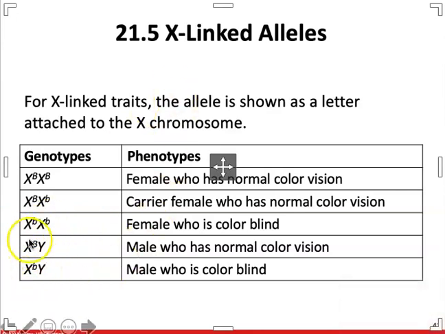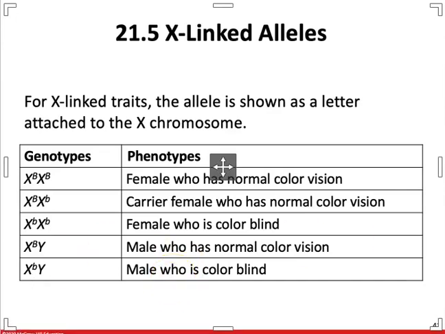Males who have the gene for the normal phenotype are going to have normal color vision. Males who have the recessive gene are going to be colorblind. In the case of an X-linked allele, there's no such thing as a male who is a carrier only. If he has the dominant allele, he has normal color vision and is not a carrier. If he has the recessive allele, he is colorblind and is not considered a carrier. He just is colorblind. And of course, he'll pass it on to his offspring, but he's not a carrier with